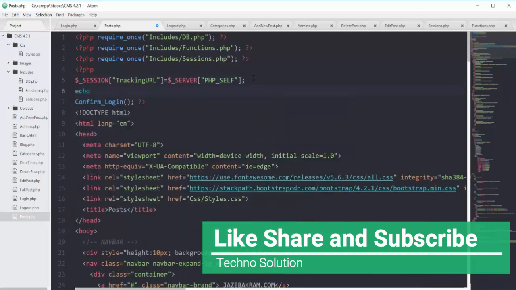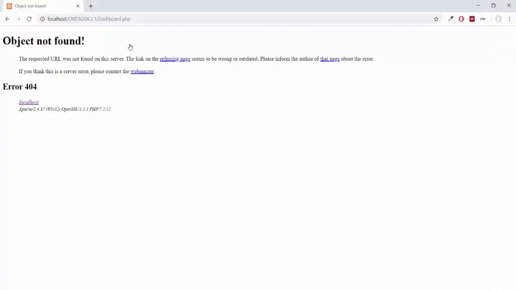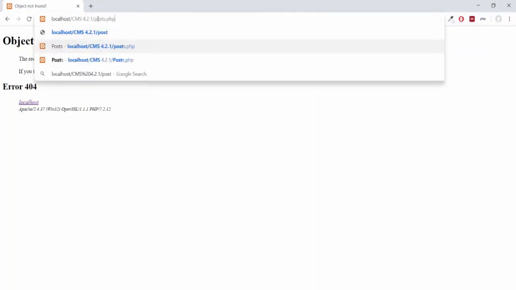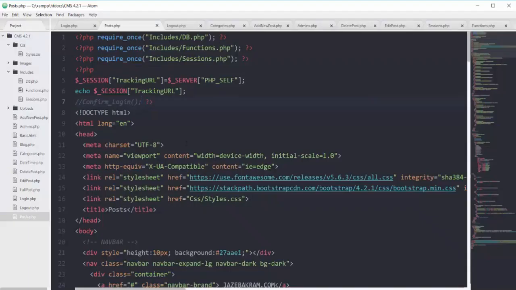Now I can show you real quick by echoing this session tracking URL on the next line, and for a moment let's comment this confirm login. If I save this one and go to this page of posts.php, see, now we echo the directory CMS 4.2.1 and then posts.php.